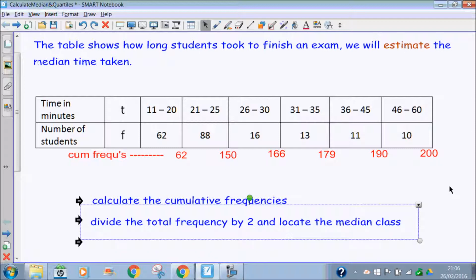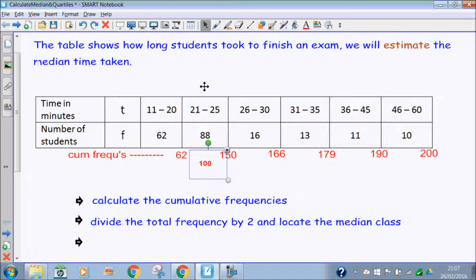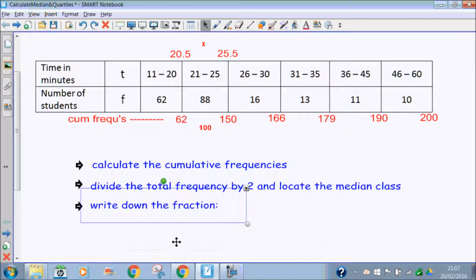Divide the total frequency by 2 and locate the median class. Call the median value x. Identify the class boundaries. And then write down the fraction